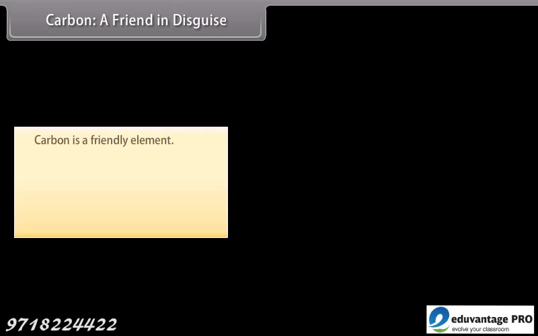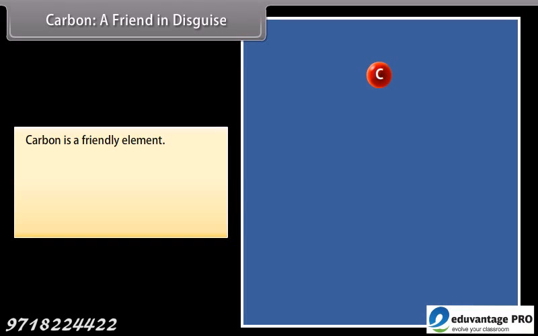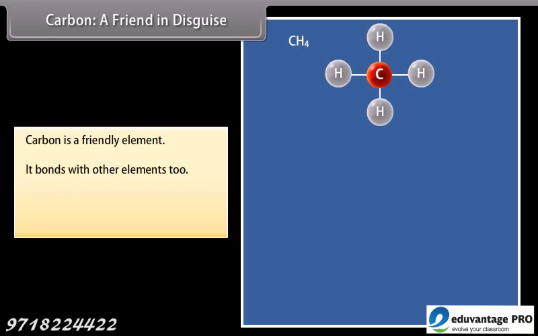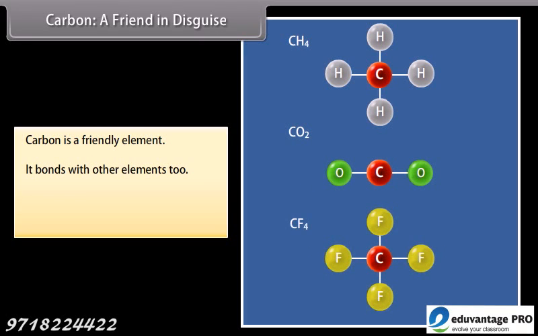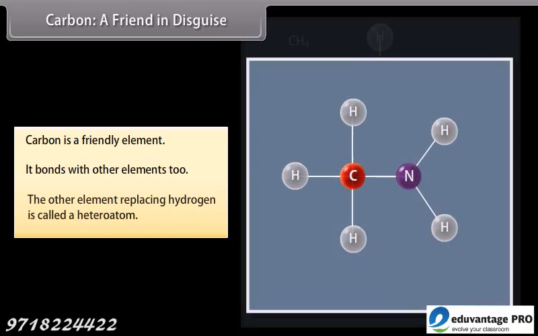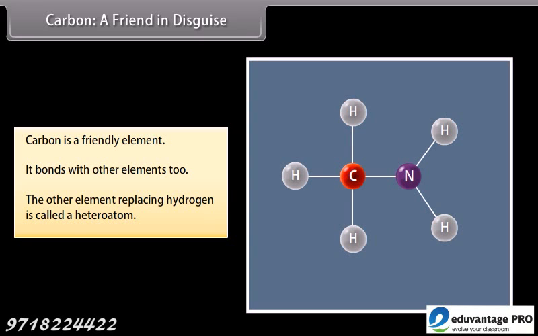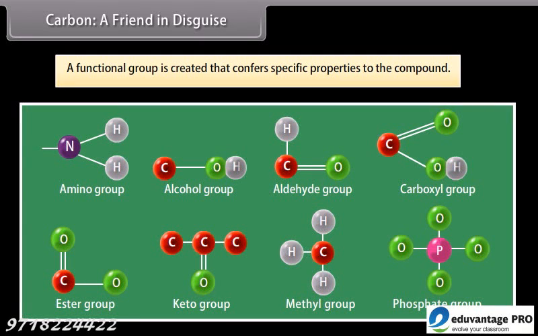Carbon, a friend in disguise. Carbon is a friendly element. It not only bonds with hydrogen, but also with other elements such as halogens, oxygen, nitrogen, and sulfur. The compounds are formed in the same manner as with hydrogen. However, instead of hydrogen, the other element is used, and this element replacing hydrogen is called a heteroatom. A functional group is created that confers specific properties to the compound